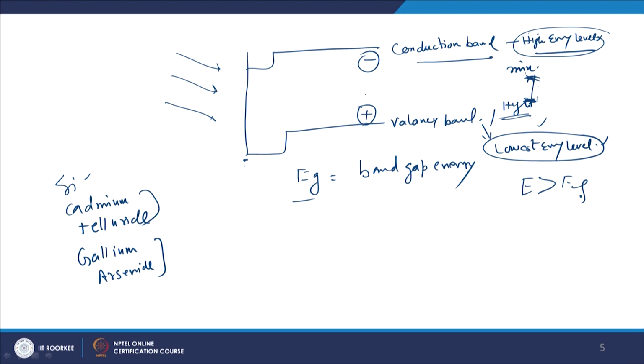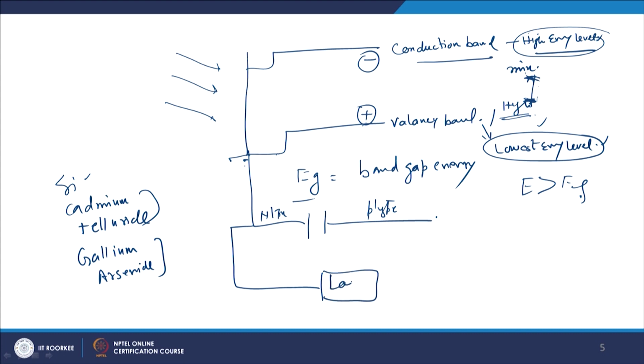Now, this hole and the electron are free to move in the outside circuit. So, an outside circuit will be made. There is a junction here. This is P type and this is N type, right. This is the front side, this is the external load, and this is the back side, it is connected, right. And this is how the current moves in the load in this type of photovoltaic system.